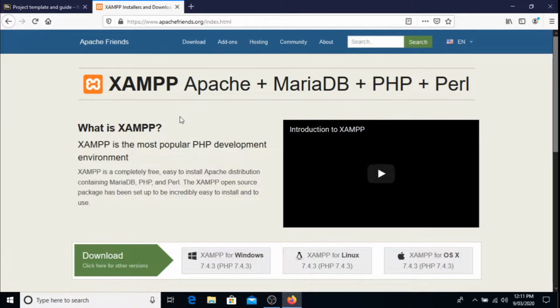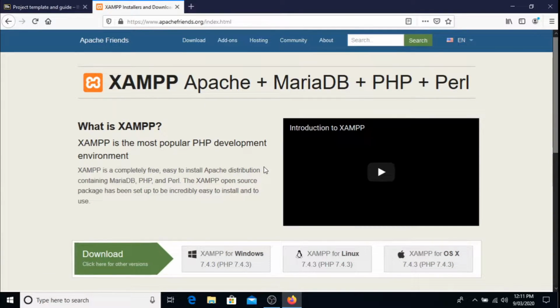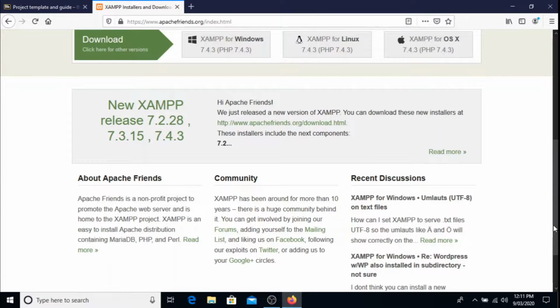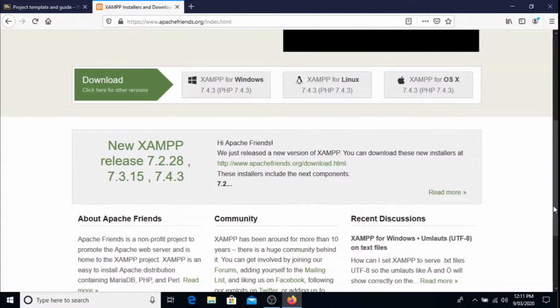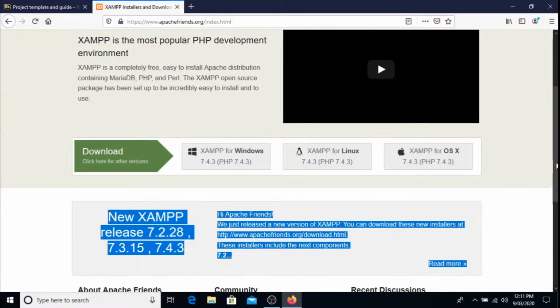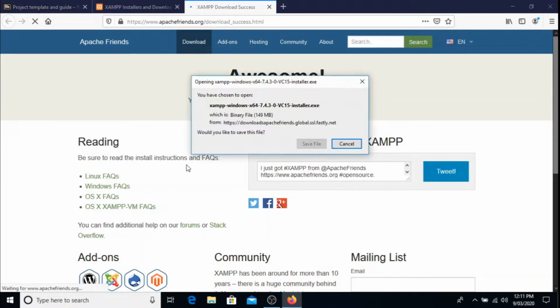XAMPP, we can download it, and inside of it we will have MySQL and also phpMyAdmin, which we need to make it easy to create or show the data that we stored in the MySQL engine. So just go to the download version, and because now we are using Windows,